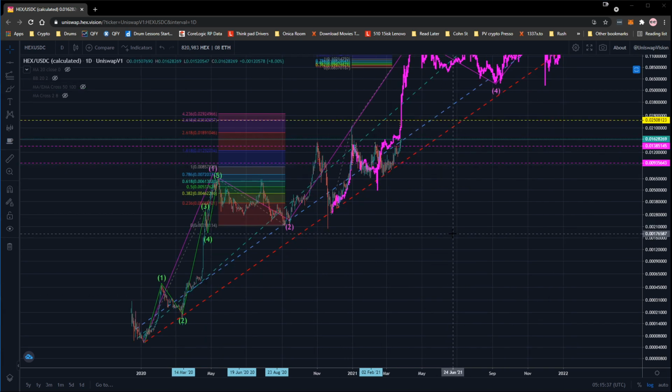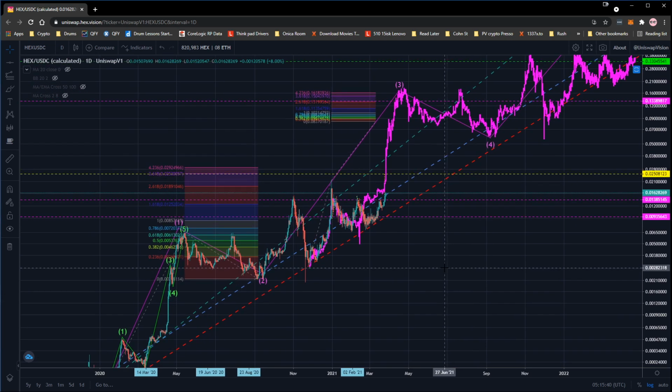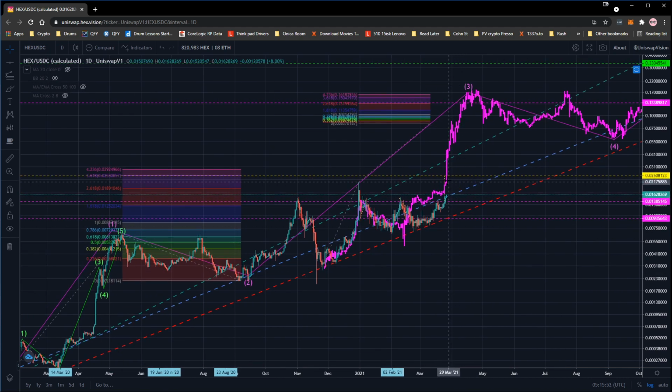All right, so a couple of other things that I might talk about as well. When we look at this ascending triangle that we're just about to break out of, the way you figure out where your target is, is you grab a point between the top of your triangle, and so if we go, let's say that's the top of our triangle there, and we go to the bottom of the triangle, so that's the range that we've been coiling in, and then you put that to where the breakout was. And I'd done this ages ago, I set that over there, and I actually had it right on